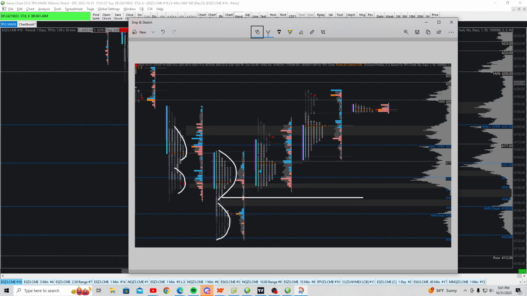All right, so we open here. We spend quite a bit of time within this balance, right? So what happens when you break out of it? We go looking for value higher. So that's why we have 2 distributions on this day, right? And then we basically end up trading within this set of prior value. And then so we have this distribution here, and going into today,